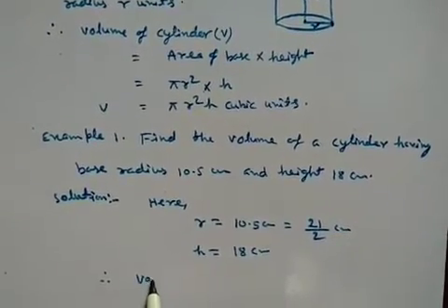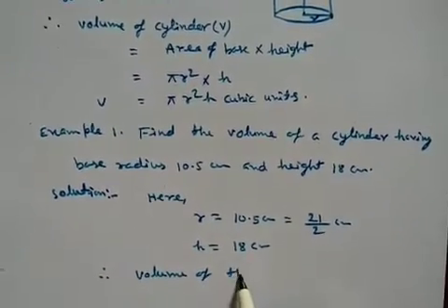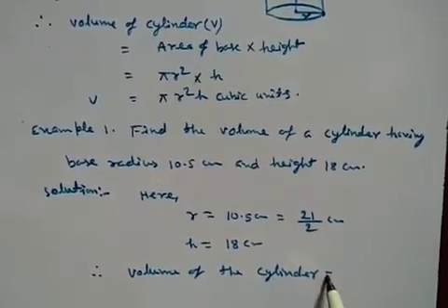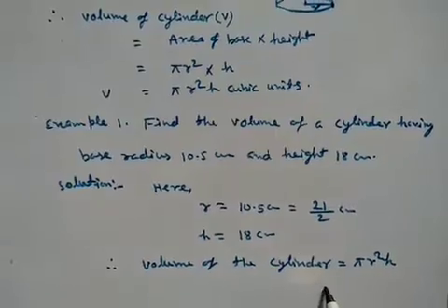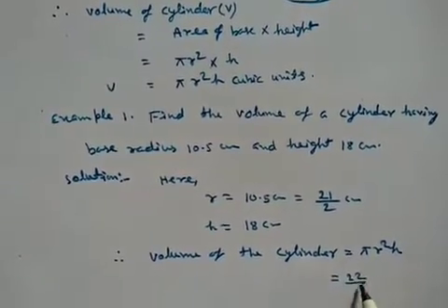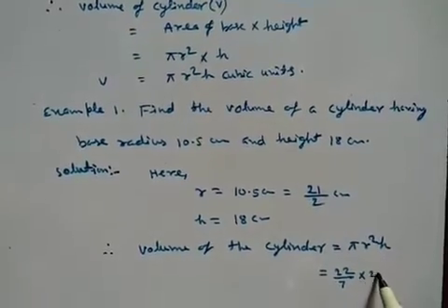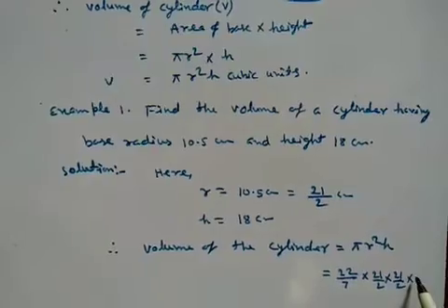So volume of the cylinder is equal to pi r square h equal to 22/7 is the value of pi, and r is 21/2 into 21/2 into 18